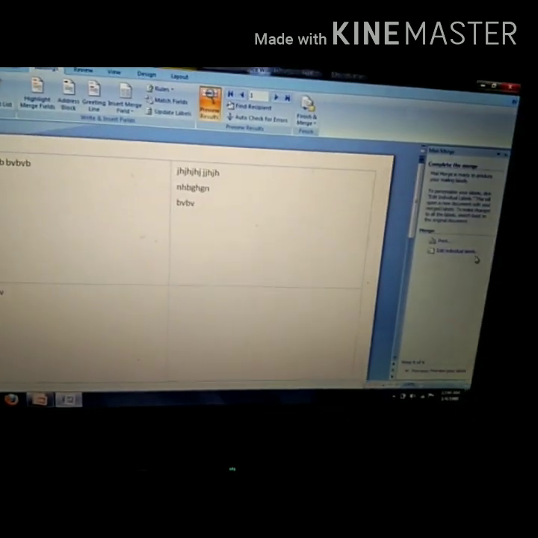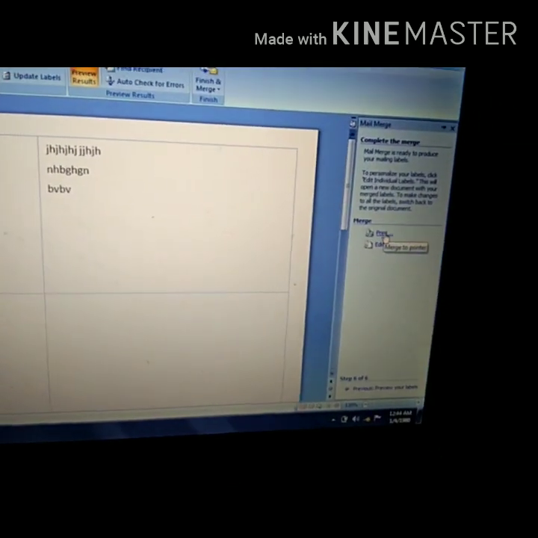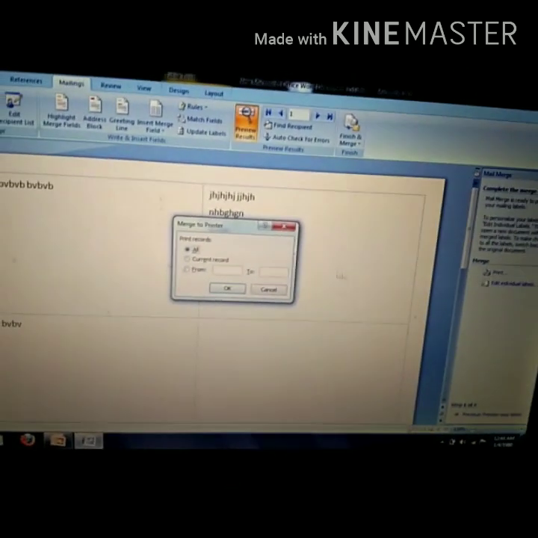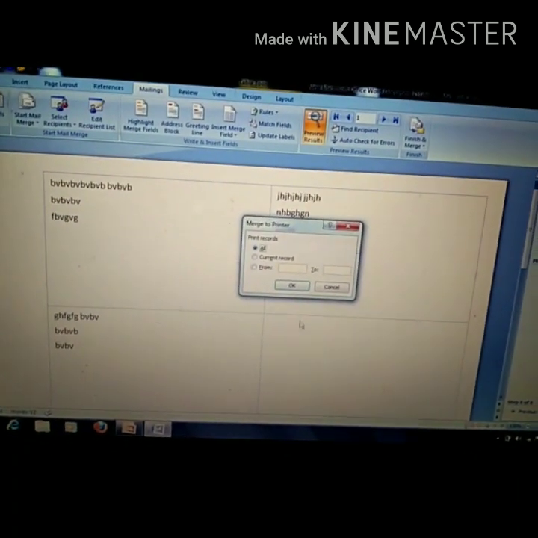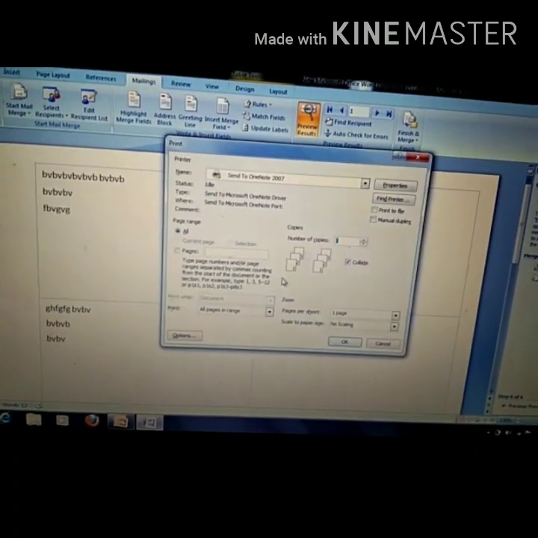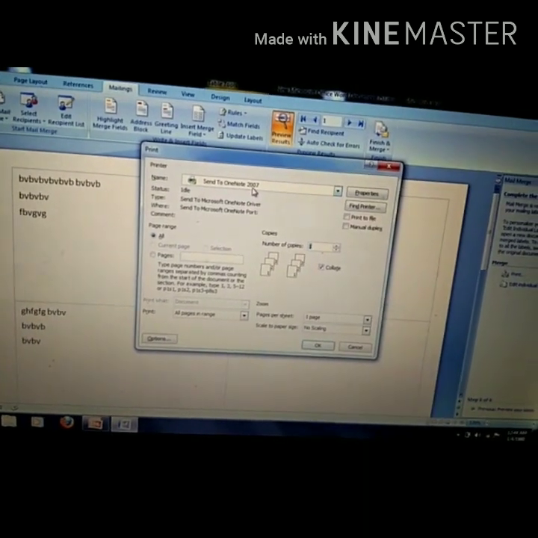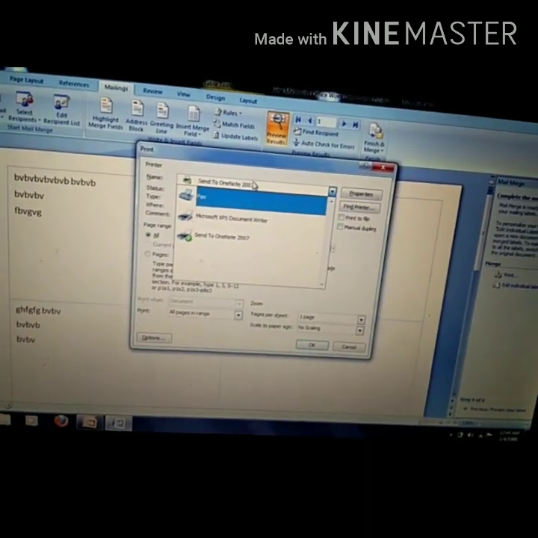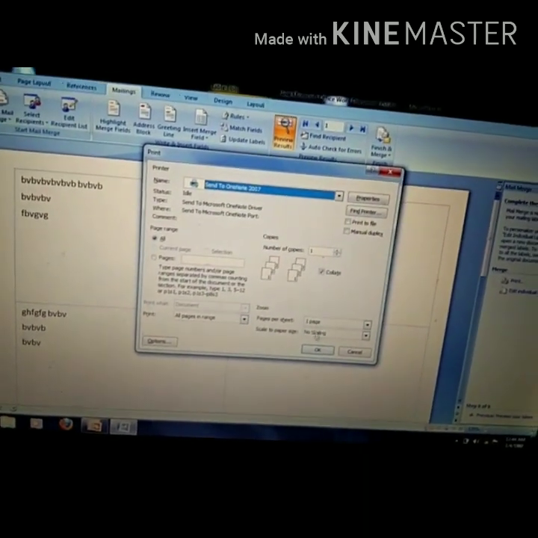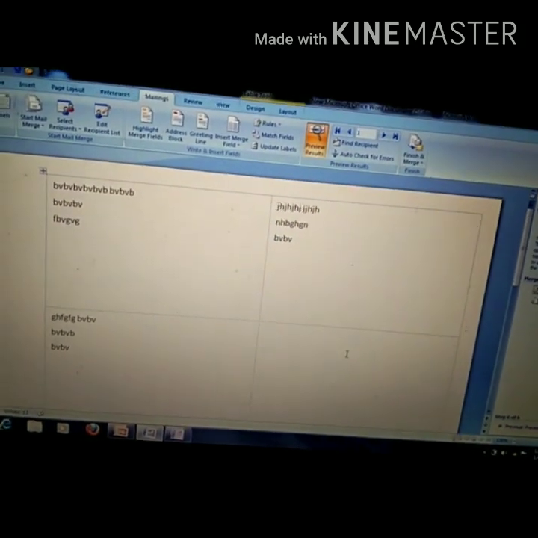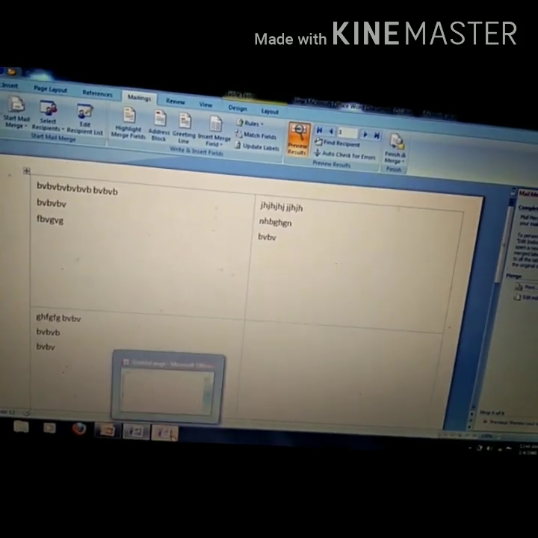Okay, now we don't have to do anything else, we are taking the printout. So for this, click on this print option, all the slips you want. Then click OK, and here you can select your printer. From here you can select your printer and then click OK. When you click OK, your document will be printed. Now this hard copy is there, you can take the slip, divide these slips and paste them there.